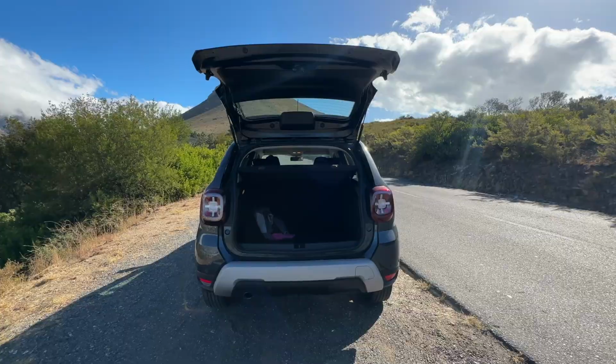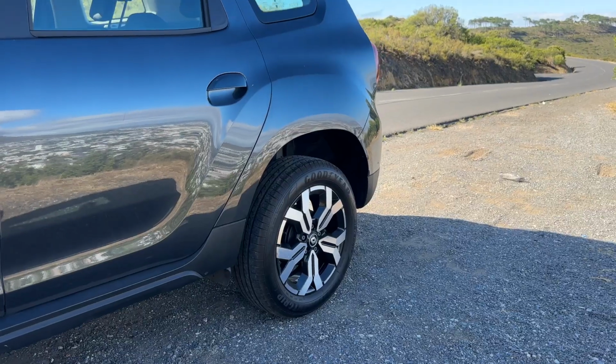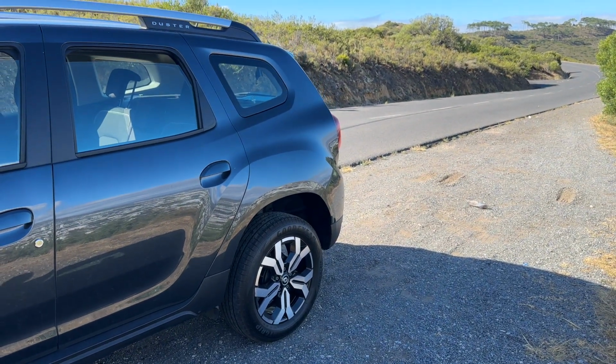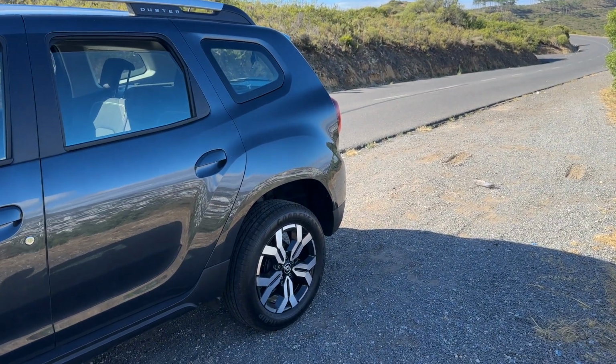Also, looking at the whole rugged look, the final thing I want to mention is that you've got 205 millimeters of ground clearance. That means I actually climbed on pavements. That's super awesome, and it does so easily. You've got your ground clearance accompanied by your 17-inch wheels, so you obviously get a lot of height on this